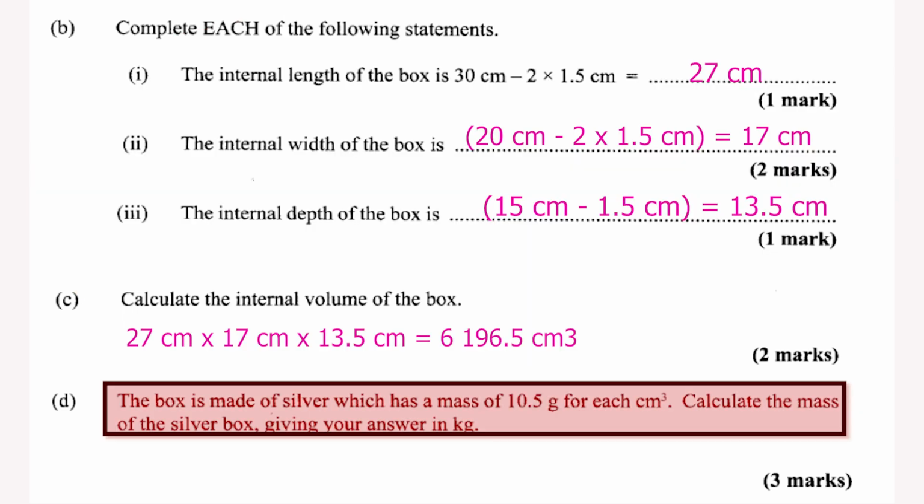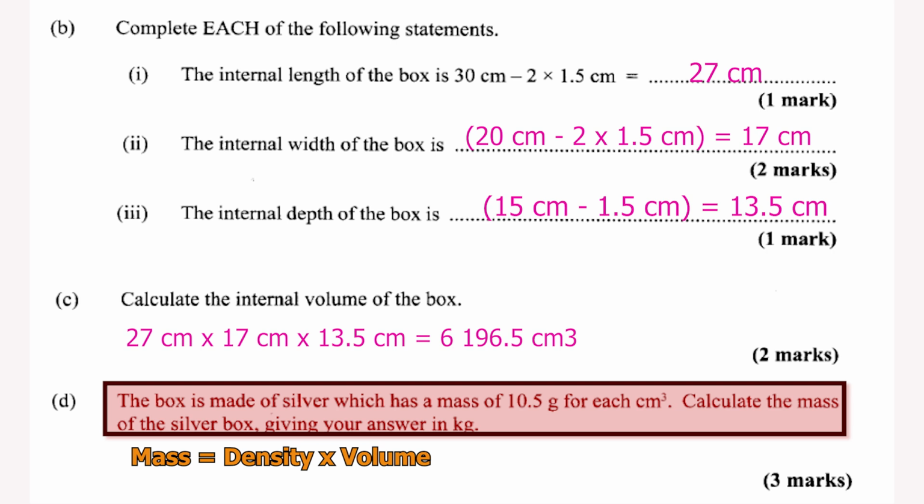Now, how are we going to get the volume of silver that was used to make the box? We have to subtract the internal volume of the box in cm cube from the external volume of the box in cm cube. The difference between the two would be the volume of silver that was used to make the box. Now we're going to take that volume of silver in cm cube and multiply it by 10.5 grams per